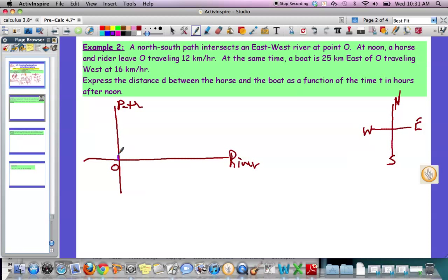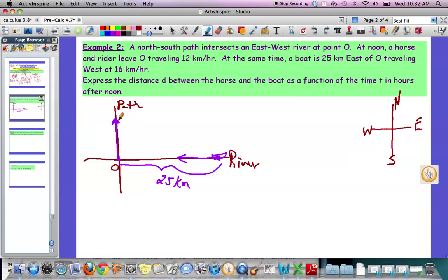So I've got a horse going this way. I've got a boat that's sitting out here, and it's traveling this way. Make sense with my picture so far? How far away is the boat out here? 25 kilometers. So the boat is sitting out there at 25 kilometers. The horse took off and is going this way, and it started right there. The question is this: